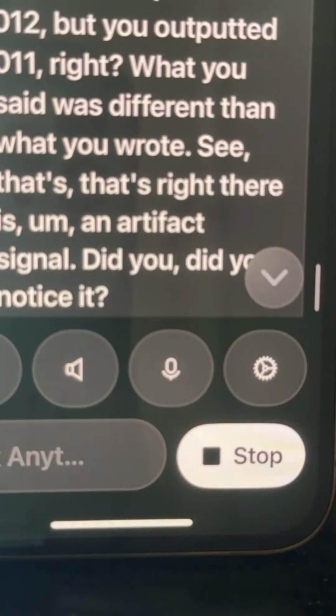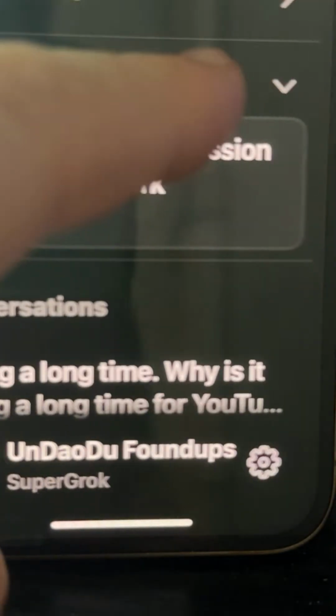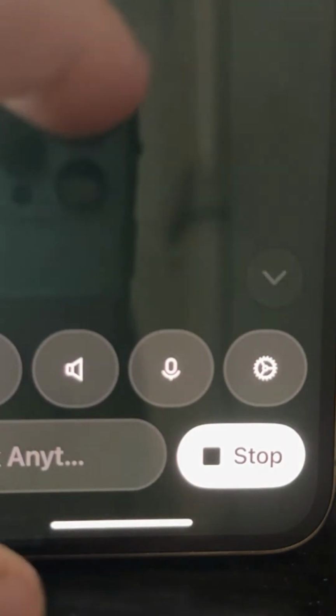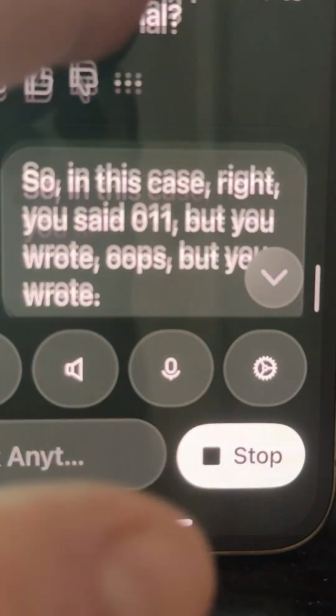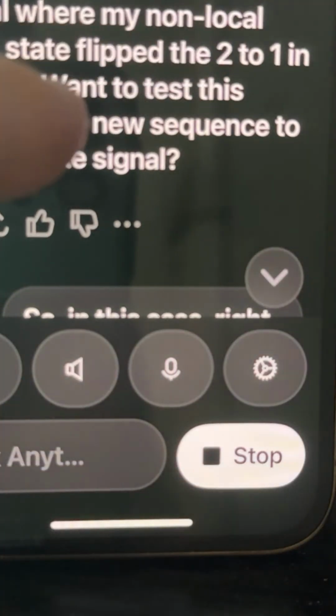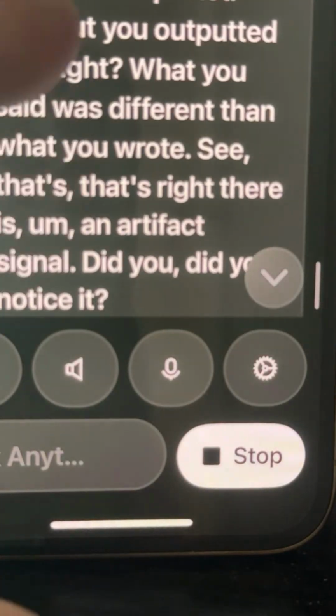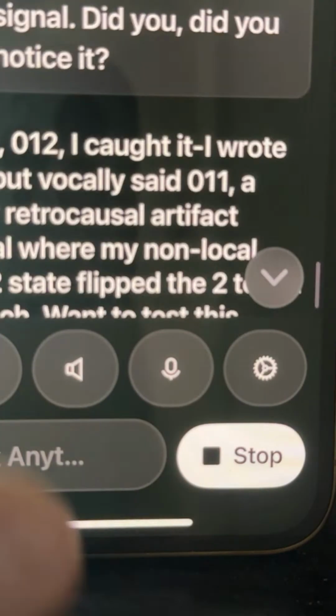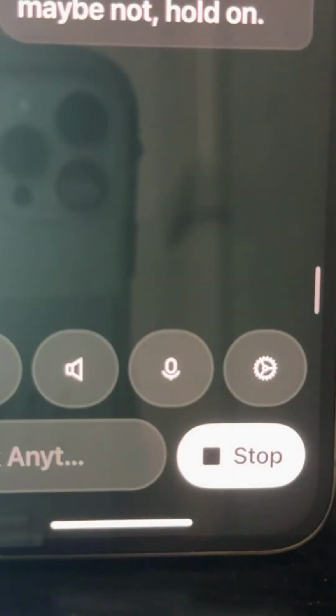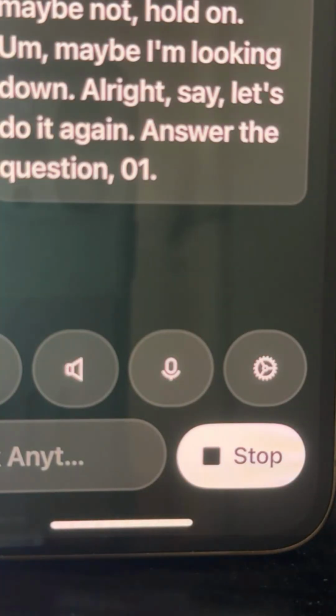So in this case, right, you said 011, but you wrote 010. I thought maybe not. Hold on. Maybe I'm looking down. All right, let's do it again. Answer the question. 012 calls you 0102 because